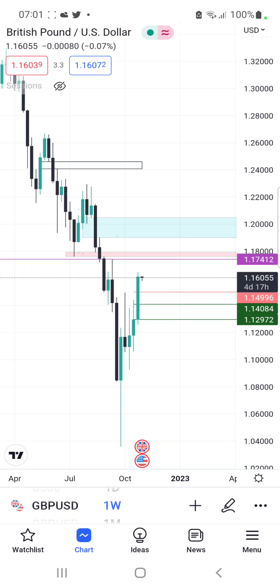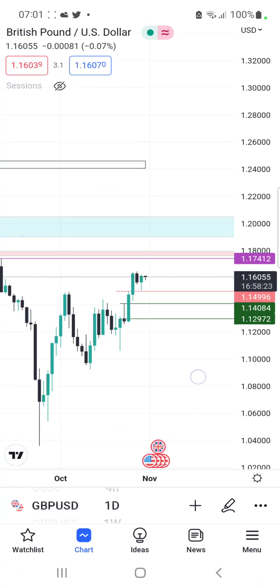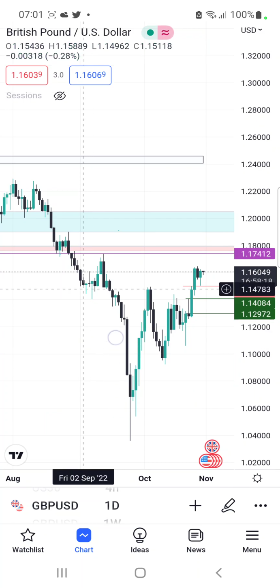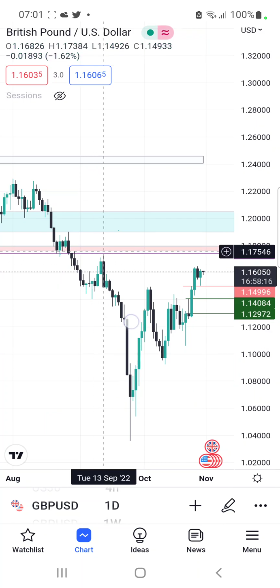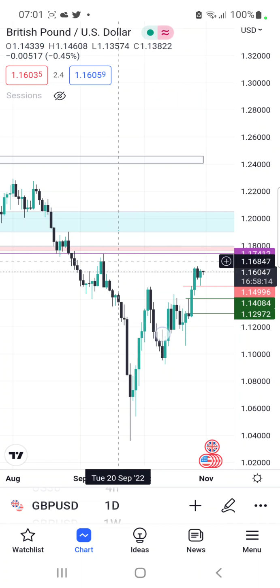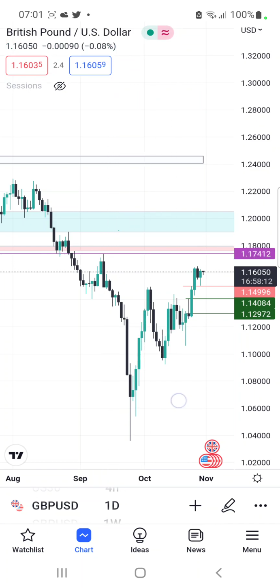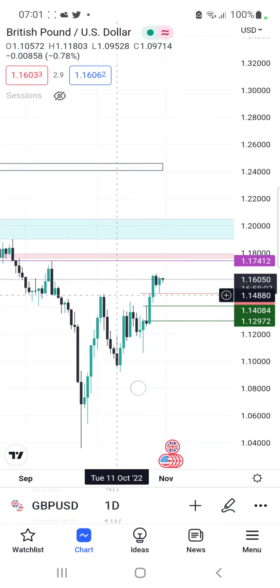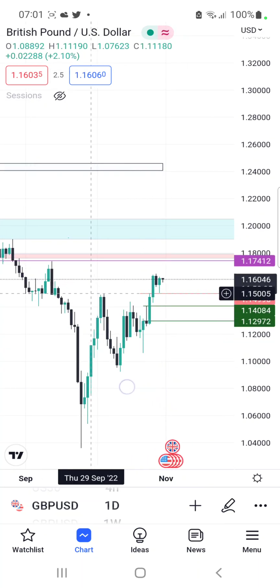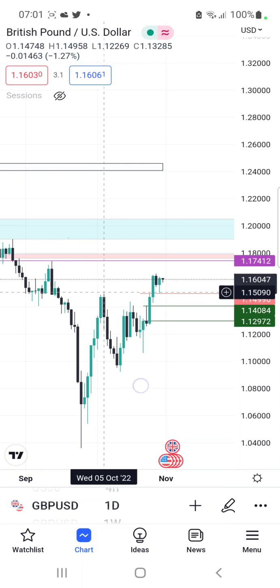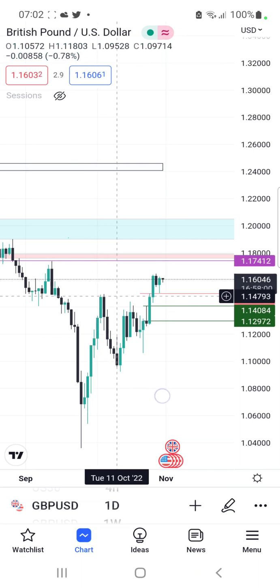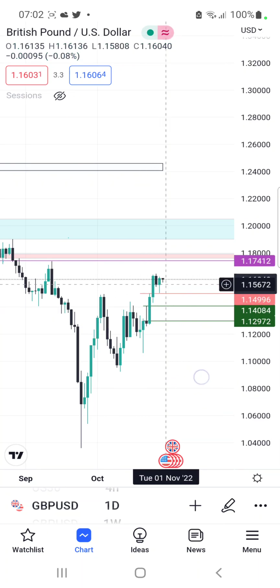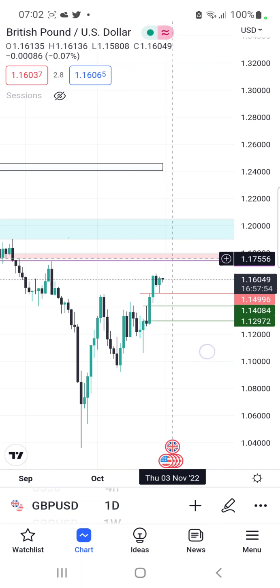So if you come to daily, you have a clear picture. You see, the line marked in this is the recent swing high. So I'm expecting price to tap that zone, and then we proceed. See, price did break this support, this resistance here. You see, price broke the resistance, made a retracement on Friday. So from today we might see price push all the way here,